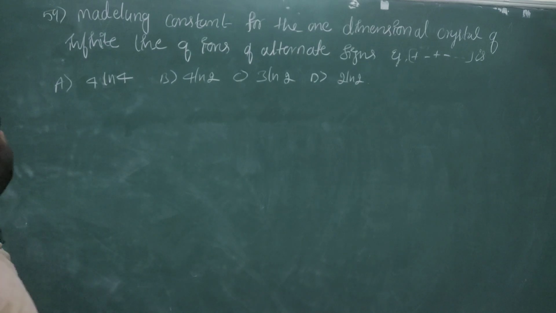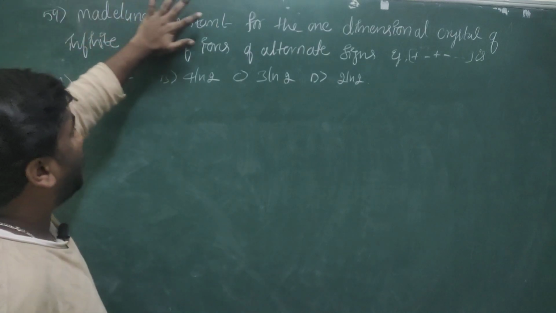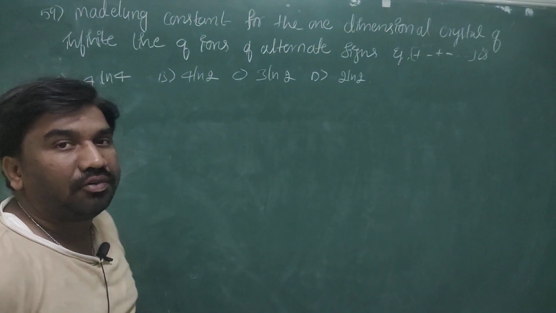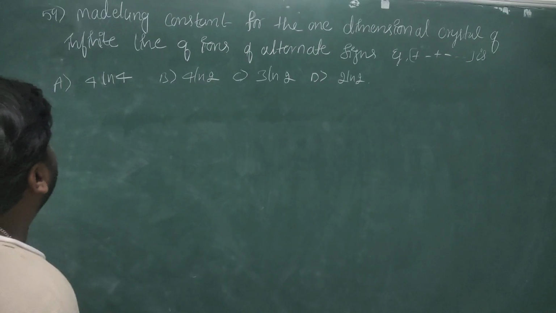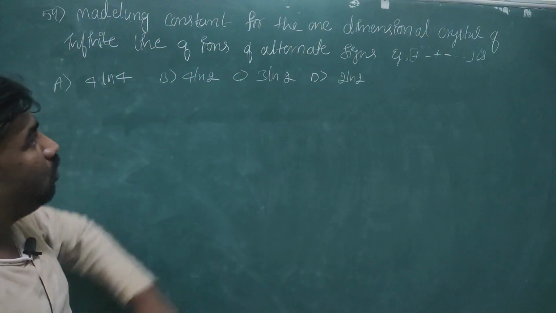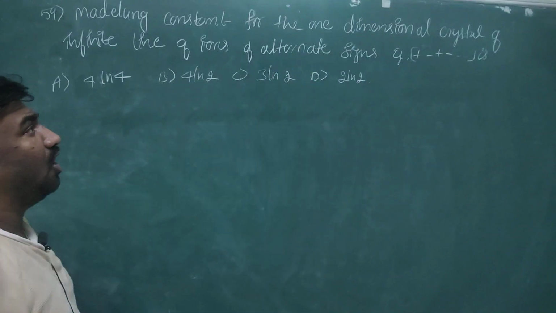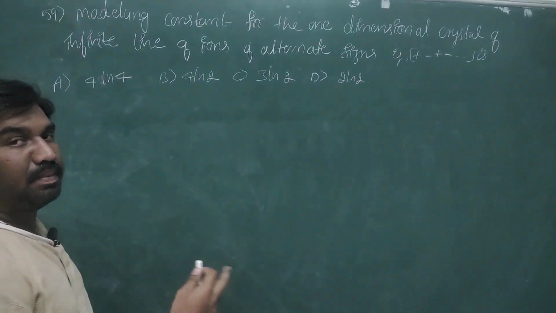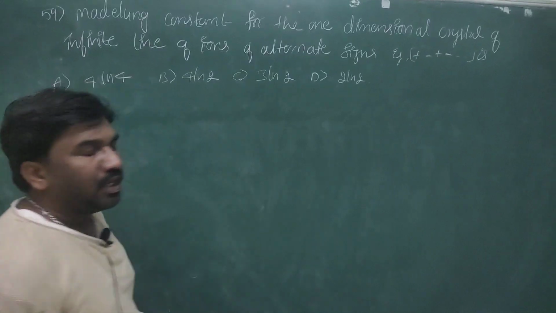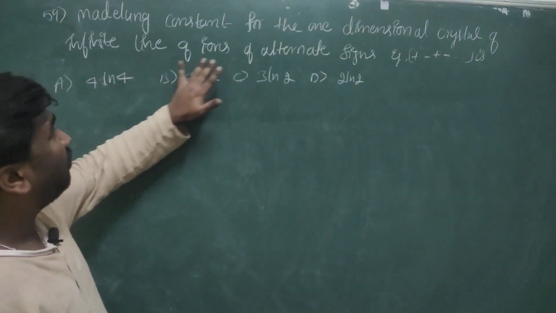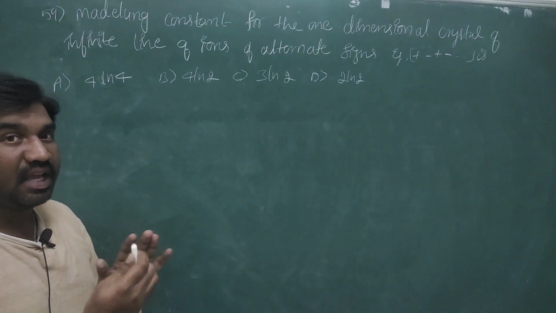So, this is question number 59, based on Madelung constant. The chapter is from atomic bonding. The Madelung constant for a one-dimensional crystal, an infinite line of ions of alternating signs plus minus, is. The Madelung constant alpha can be calculated for an infinite number of ions, and these ions are like